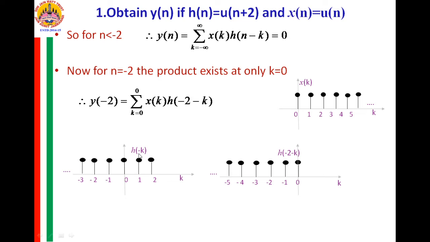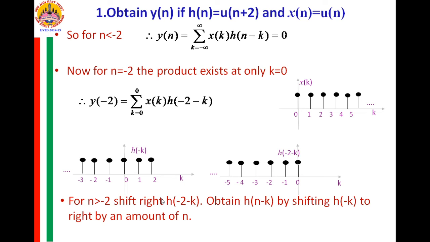So, what is your observation? In general, if I take here h of n minus k, how is the overlap? For minus 2, if you observe, it overlaps from 0 to 0. For minus 1, the overlap is from 0 to 1. For 0, the overlap is from 0 to 2. Then for 1, that is for n which is greater than 0, we have to go on shifting this h of minus k ahead to the right side, and when I shift it by one amount, then the overlap will be from 0 to 3 because this h of 1 minus k will be existing from minus infinity up to 3. So, the product will exist from 0 to 3 at that time.